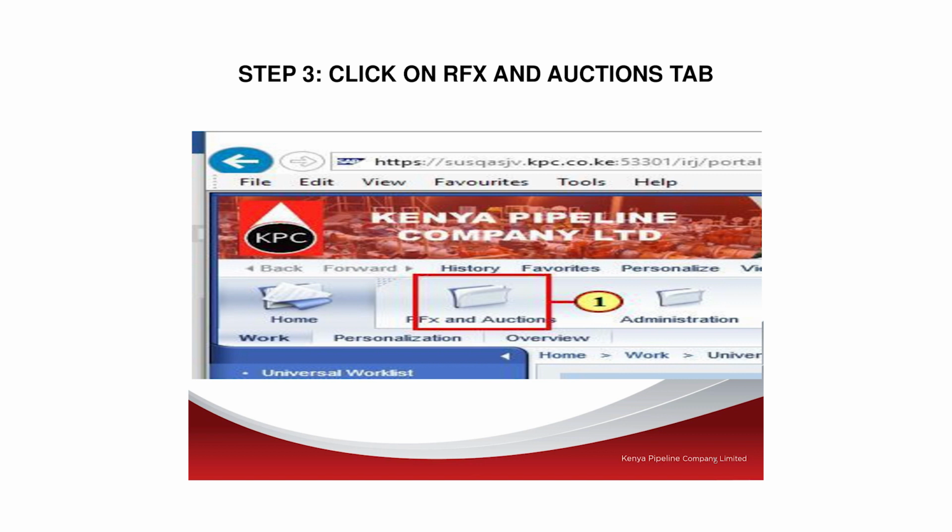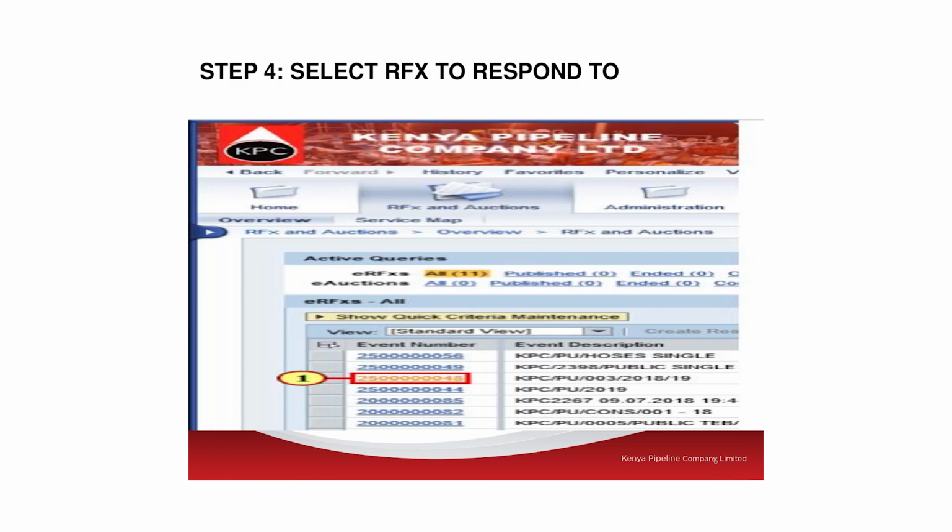It will disappear. So don't wait and say, I had seen a tender maybe last month. Let me go back to it. It will not be there if you did not attempt to respond to it. So click on the event number. You will realize that I use interchangeably event number and the RFX. That is one and the same thing. In the system, you will find in the columns it's known as the event number. So click on the event number,